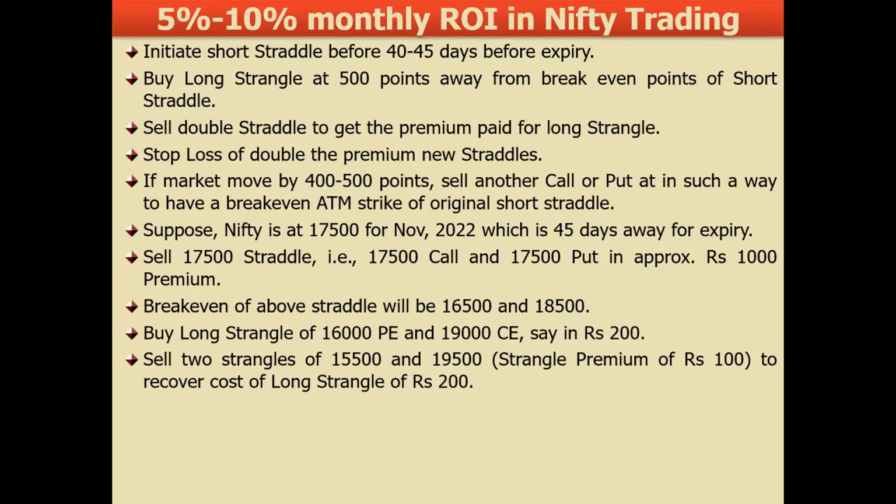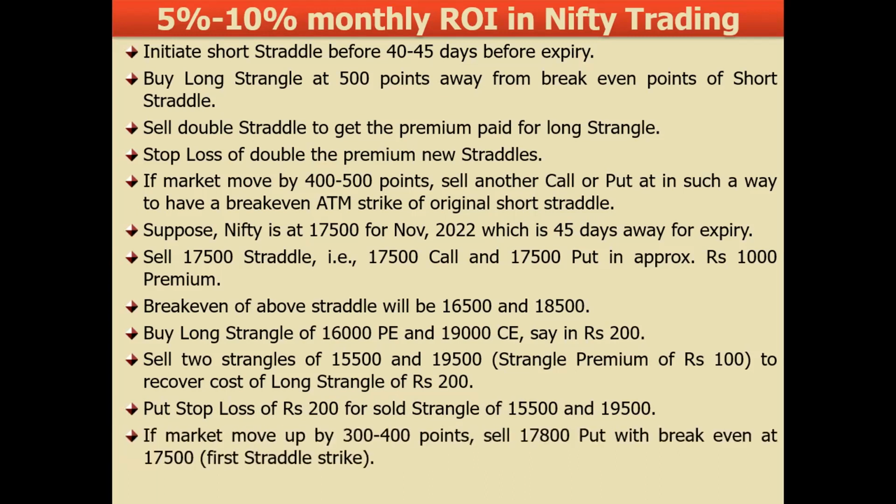और निफ्टी एक महीने के अंदर 2,000 पॉइंट जाना तो मतलब ऑलमोस्ट इम्पॉसिबल है, ठीक है ना? तो अब उन्होंने ये 2 स्ट्रेंगल बेच दिए, 100 रुपए के, तो ये 200 रुपए जो मार्केट को दिया था वो उन्होंने मार्केट से वापस ले लिया। बट वो बोलते हैं कि हो सकता है कोरोना आ जाए, हो सकता है किसी को कोई एटॉमिक बम डाल दे, तो वो बोला कि यार एक छोटा सा स्टॉप लॉस 200 रुपए का, वो जो आपने स्ट्रेंगल बेचा है उसका आप लगा लो। ठीक है, ये तो हो गई पूरी स्ट्रेटेजी वाली बात।